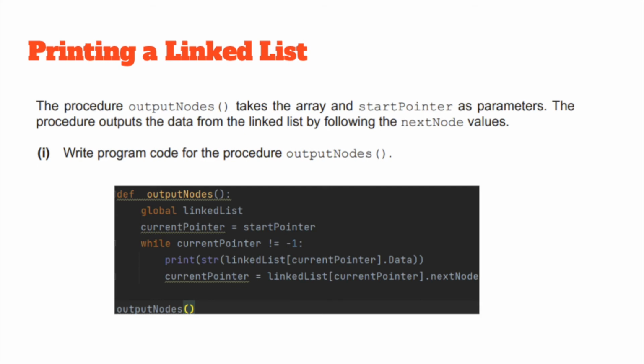So here we're going to create our function output nodes. It's going to have the global linked list. The current pointer is going to be set to the start pointer. While the current pointer is not equal to minus 1, that means it's not empty, print the string version of the linked list current pointer.data, and the current pointer becomes the linked list current pointer